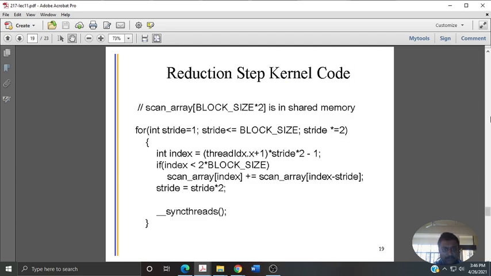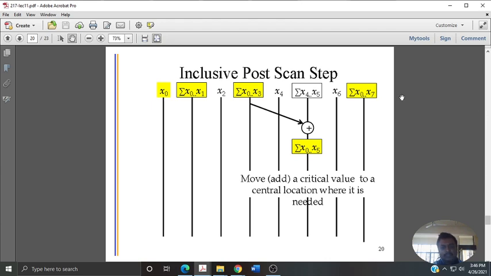Once you have done this, as we have stated, you have computed. So the post scan step is basically, as we stated, x2 or x5 were not computed, or they were not there. What is observed is that intermediately, 4 steps apart, they had the results. So if we can pass on the result, after reduction, intermediately it has x0 to x3.